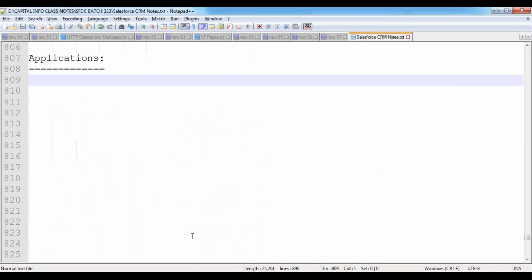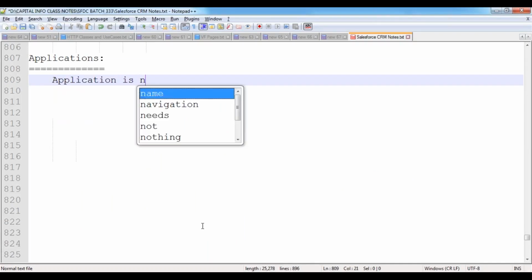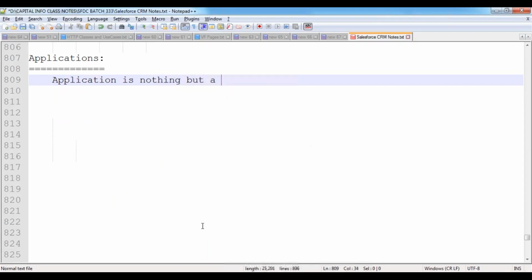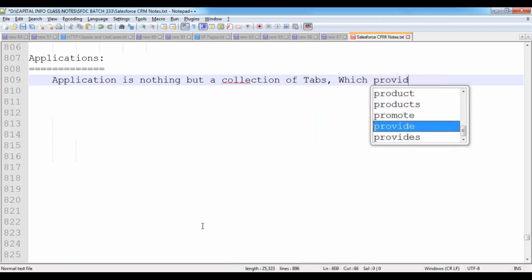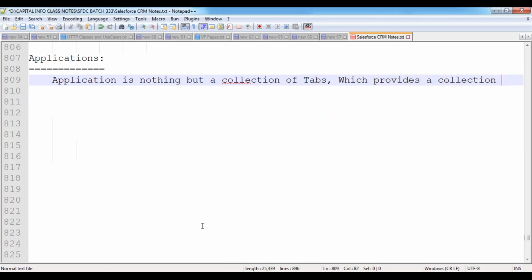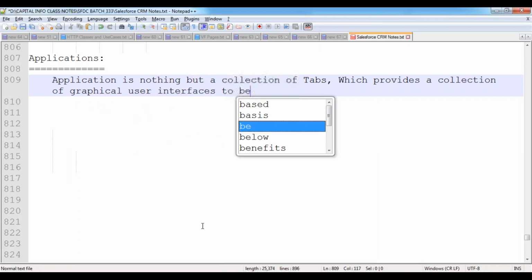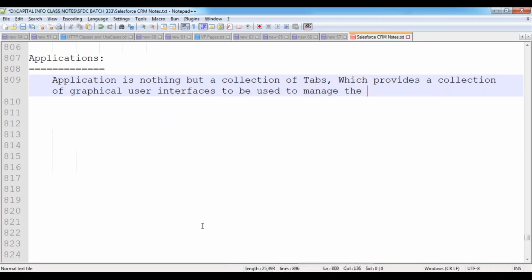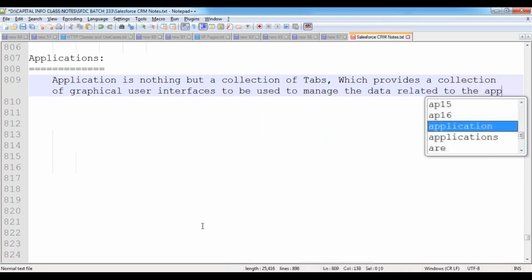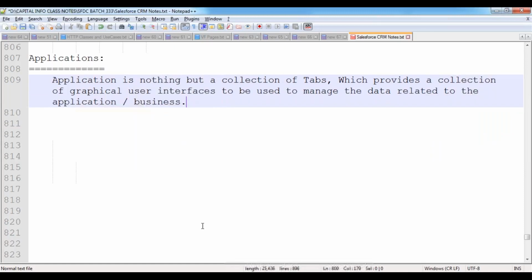Okay. So the application is nothing but a collection of tabs which provides a collection of graphical user interfaces to be used to manage the data related to the application or business.